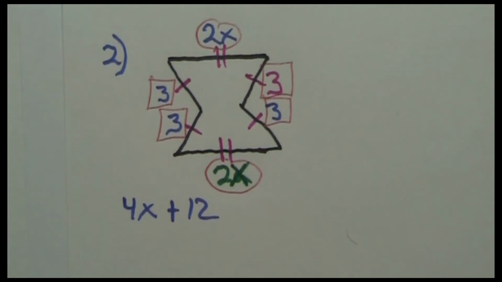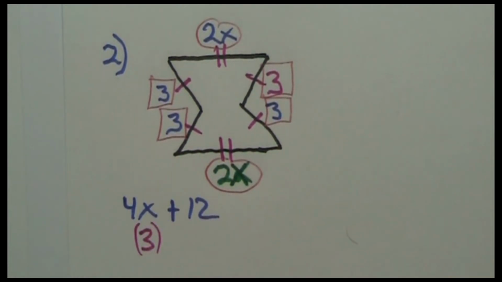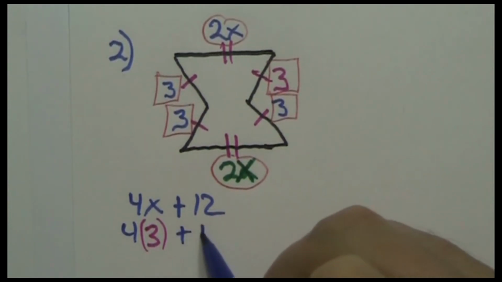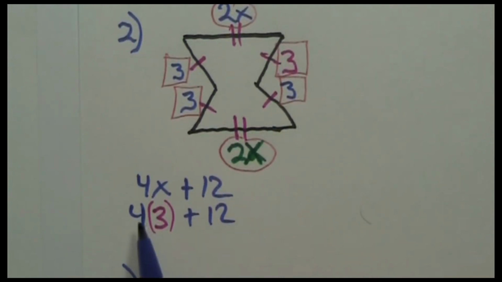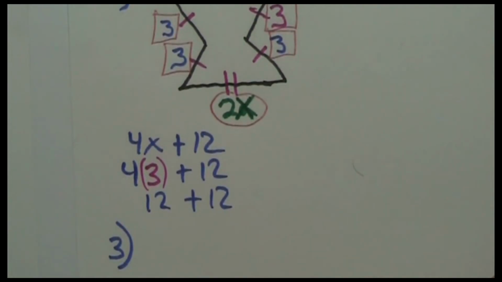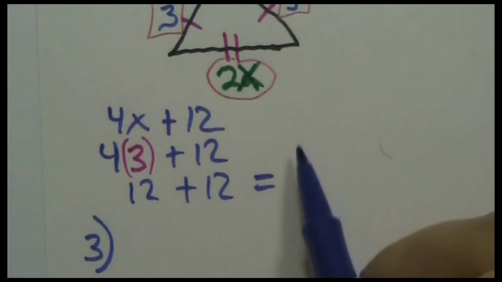All right, now we need to substitute, and we need to put a 3 in here for x, right? We need to put a 3 in there. So it is going to be 4 times 3 plus 12. 4 times 3 is 12. So now we have 12 plus 12. And 12 plus 12 is